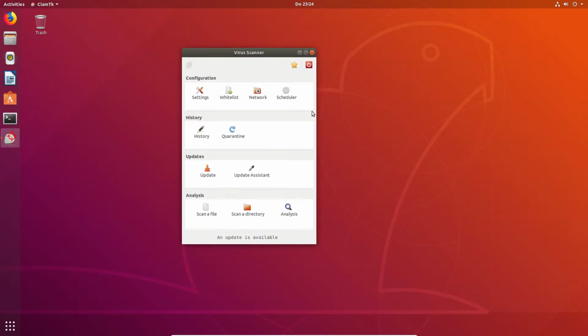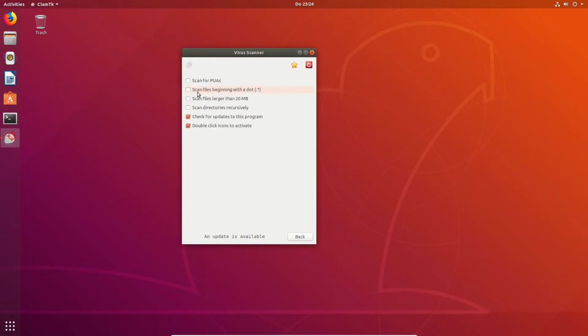When you start it the first time, it requires double-click activation of these buttons here. So the first time when we go to settings we have to double click, and the first thing that I always deactivate is the double click action. Newer versions already default to single click. Here in the settings menu you can check all these check marks except the double click.